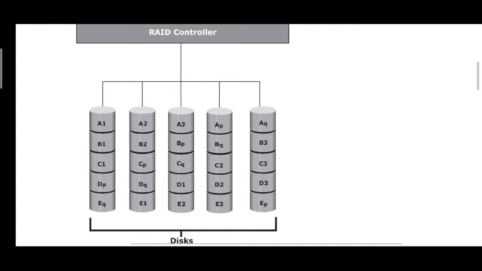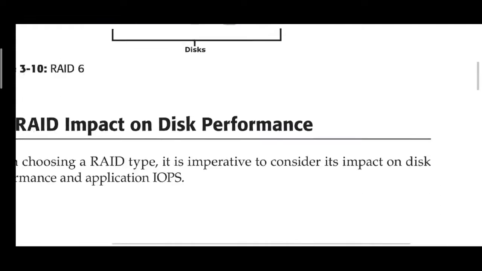Okay, the purpose of having dual parity: in case the disk which stores the parity value itself fails, then we cannot recover the parity value, right? For that purpose the dual parity concept is introduced, so we can still recover it from the other disk, say AQ. Similarly for B we have B1, B2, BP, BQ, and B3 is there. Similarly for C, D as well as E. Please go through.